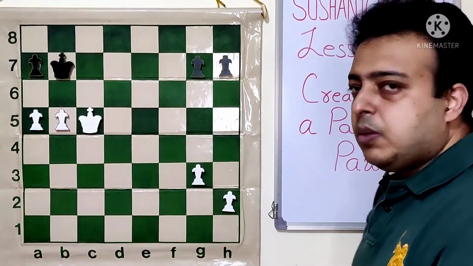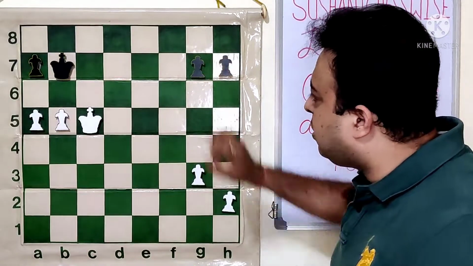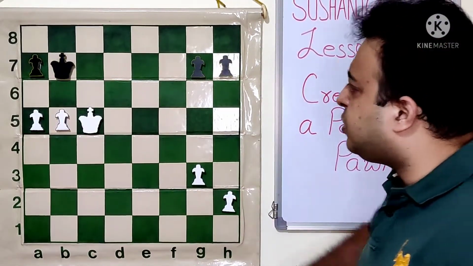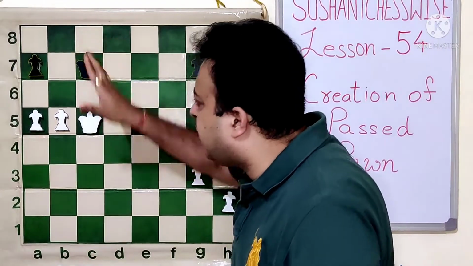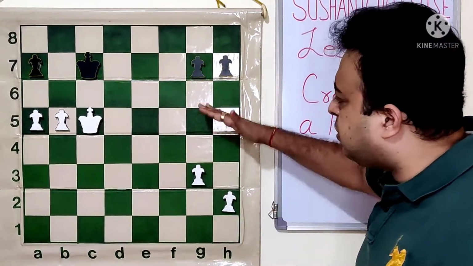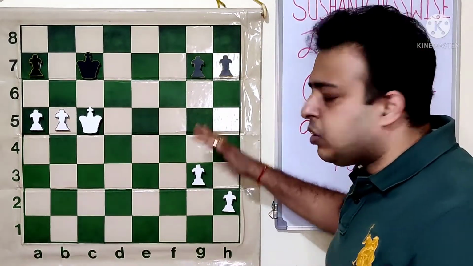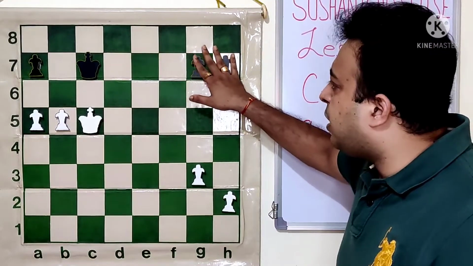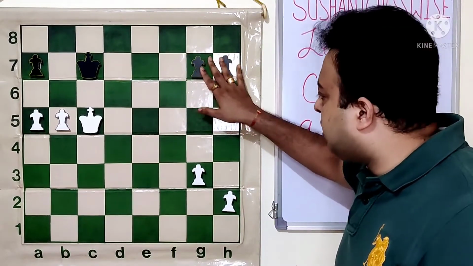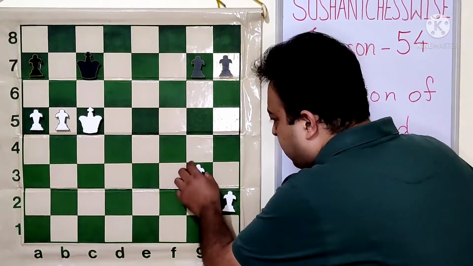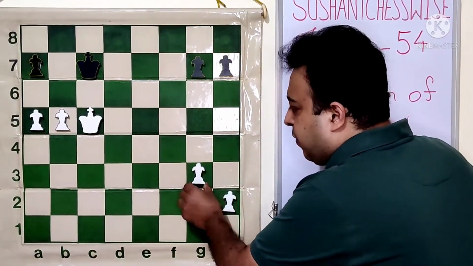Okay, let's see what other options black had in the game. Now let's go back to the position where black was pushing the pawns on the king side as well. Let's assume black is not moving the pawns here and he plays the move KC7. Still what white will do is push his pawns as much as he can on the other side, so that when he takes one of the pawns at least or both the pawns here, the pawns are ready to queen quickly. So white can play the move G4 or H4, both are fine.